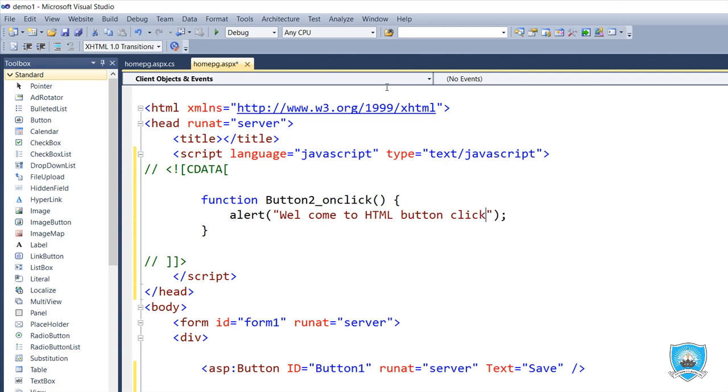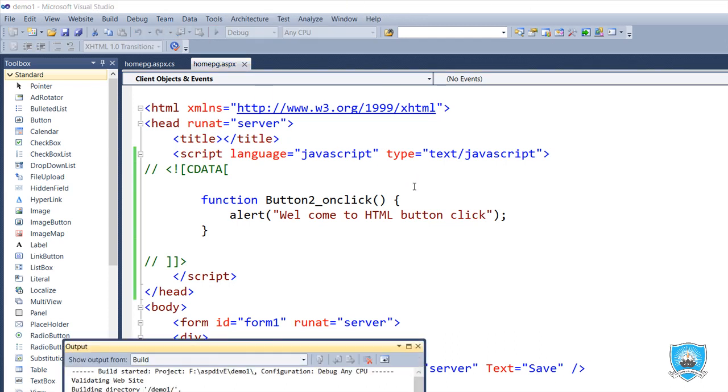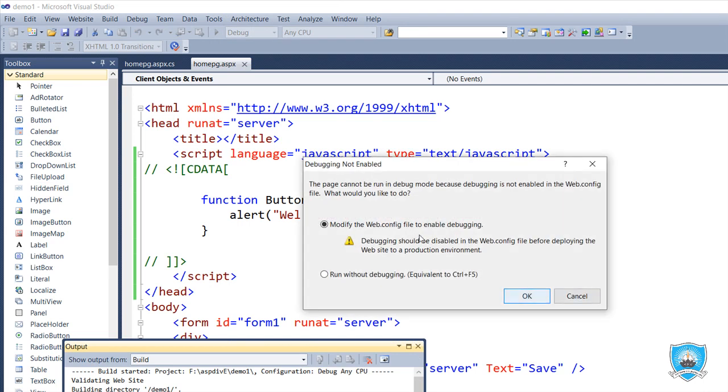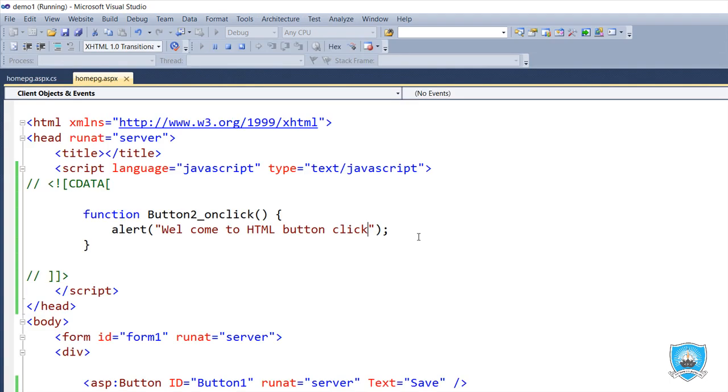And I press Ctrl F5, or just F5, to run the program, and the warning message will come. I press OK. It will load in my browser, because I already discussed that one: an ASP.NET application always runs in a browser.